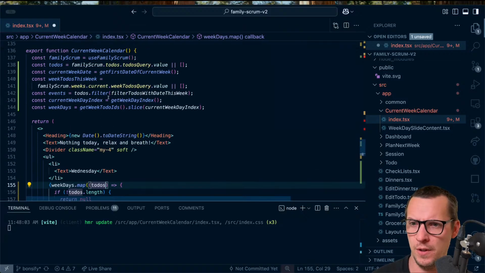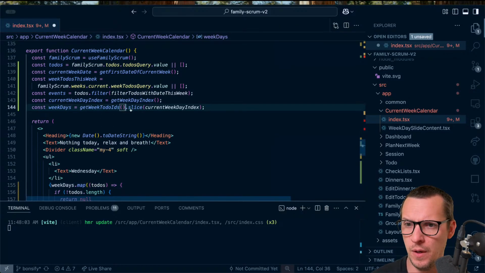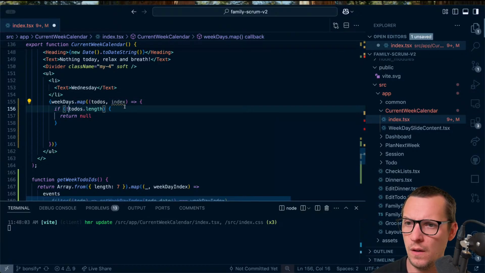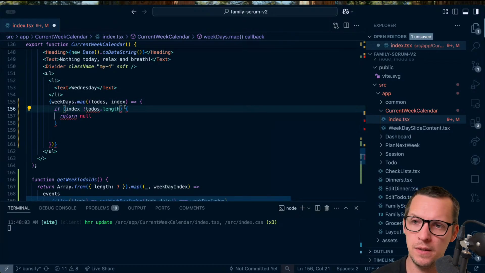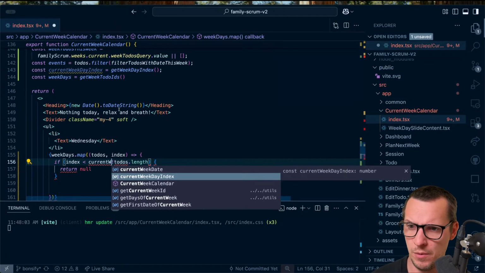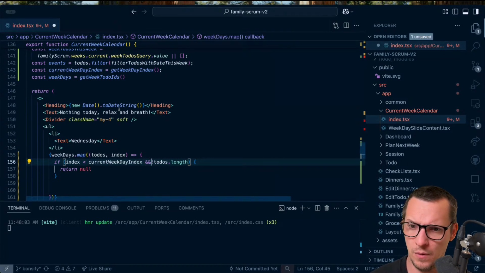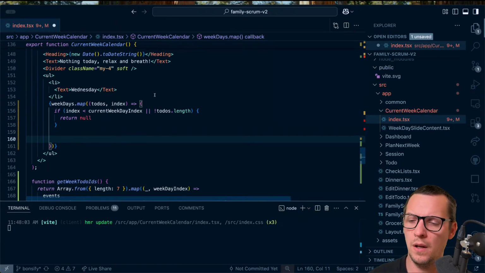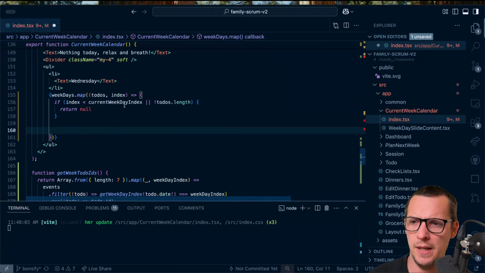oh, we're not going to do this slice. We're actually going to iterate all of them, but we're just going to say if index is less than current weekday index, we're going to return null. Or there's no length, we're going to return null. And if this is not the case, we're actually going to return,